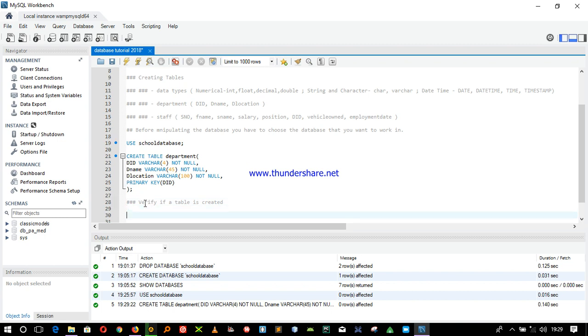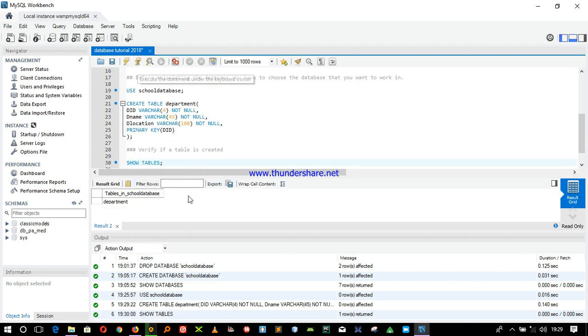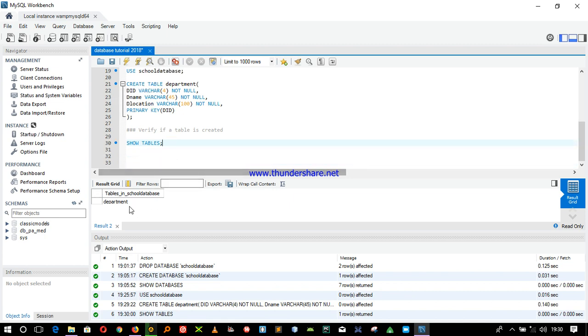We can do so by using show, like what you did with my database. Say show tables. This query is going to show you all the tables in the school database, because we are working in school database, right? Show tables is going to give you this. So we've created that table.